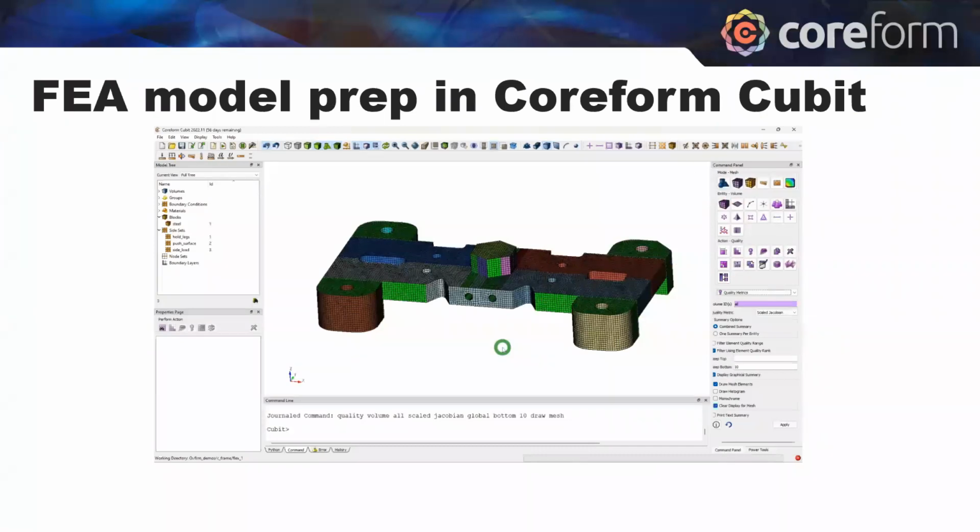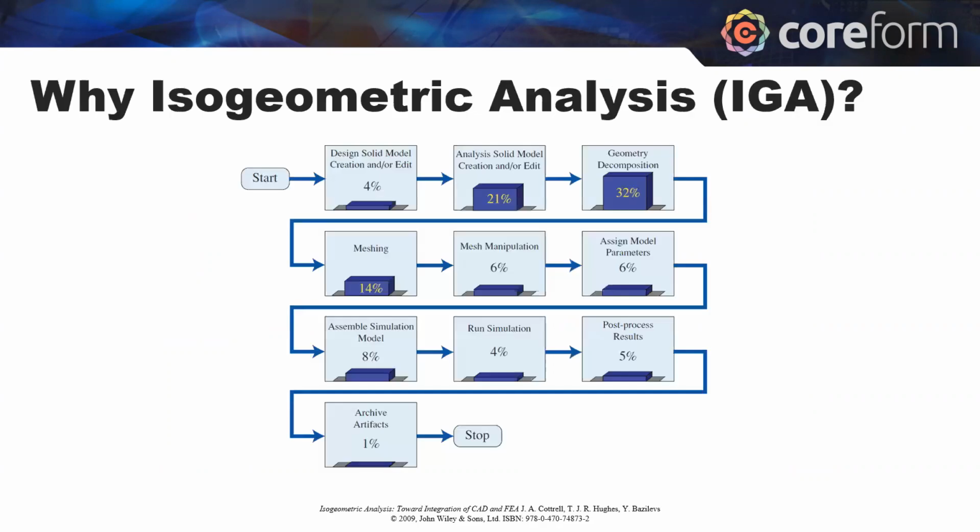So that process took a fair bit of time. I think it probably took me maybe 16 minutes or so to build that mesh, and then it was sped up. And so that's why IGA: all that you saw there, from me getting the initial geometry until I got that mesh, kind of fits within this region here that starts with analysis solid model creation through the mesh